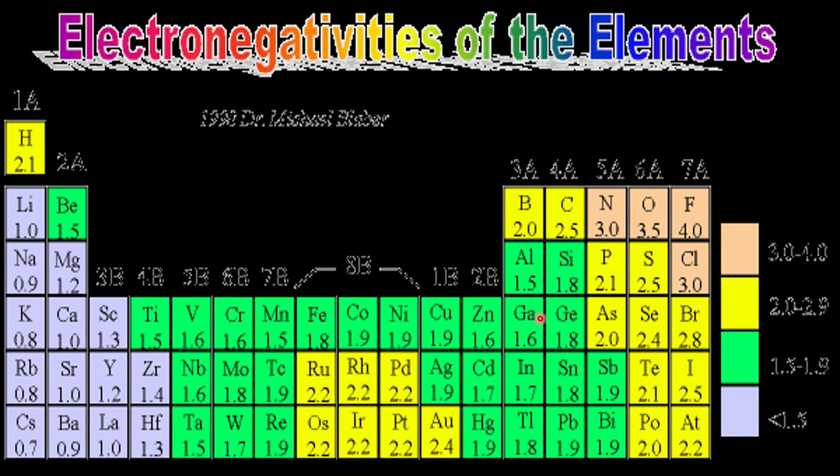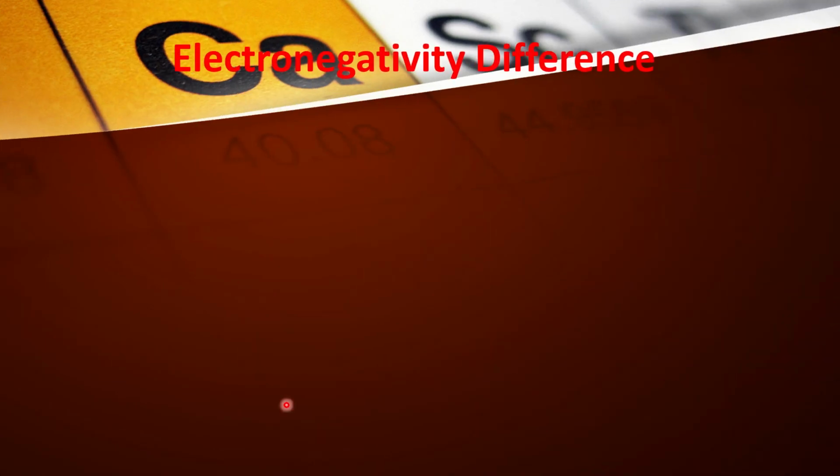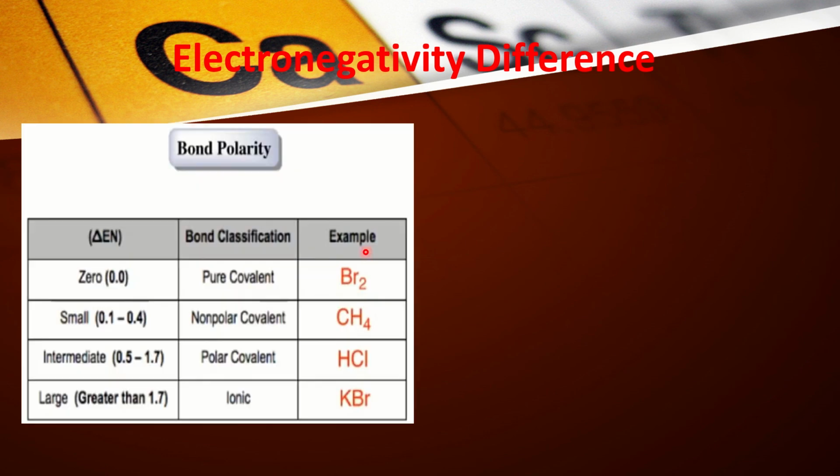We need this electronegativity for the next chapter, because when two atoms make a bond, there are different types of bond, actually ionic bond and covalent bond, and this type of bond depends on the difference of their electronegativity. So when we read chapter 5, we will learn this. Dear students, about electronegativity difference, just one time I will tell you this, and again you will learn it in chapter 5.